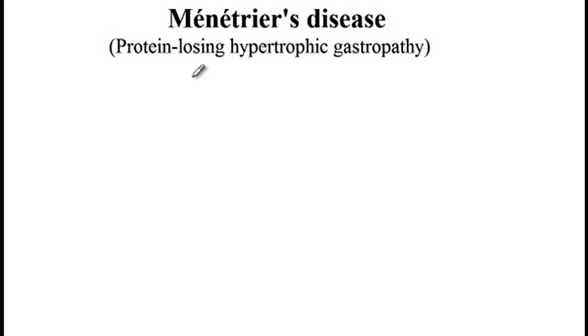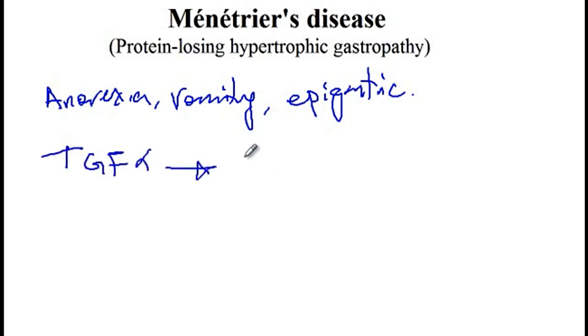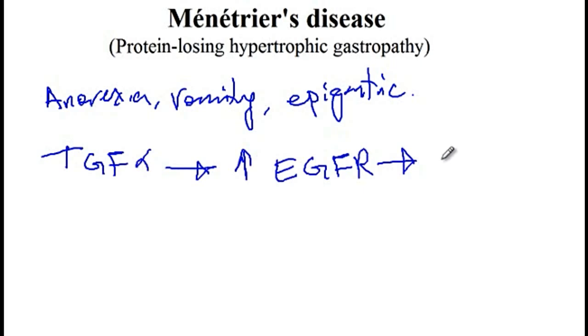The final condition that I'm going to discuss with you is Menetrier disease, which is a rare acquired condition of the stomach that usually affects middle-aged men, and these patients present with anorexia, nausea and vomiting, as well as epigastric pain. So while the exact pathophysiology of this disorder is not known, it's thought that the overproduction of transforming growth factor alpha is what causes the increased signaling of the epidermal growth factor receptor that causes proliferation of the epithelial cells of the mucous cells that leads to the hypertrophy